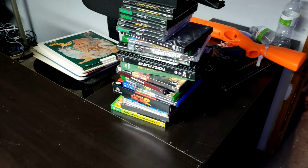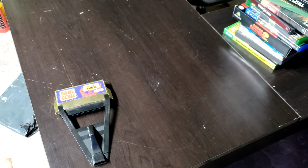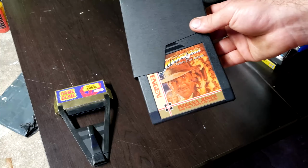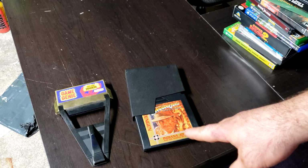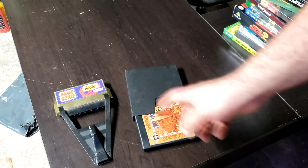Alright, we're going to speed run through this stack of games real quick, because I got a lot of games to go through. Picked up a Game Genie and Indiana Jones and the Temple of Doom, the Tengen version. Really excited about that because I love finding these unofficial copies. I finally found a Game Genie. So now I can